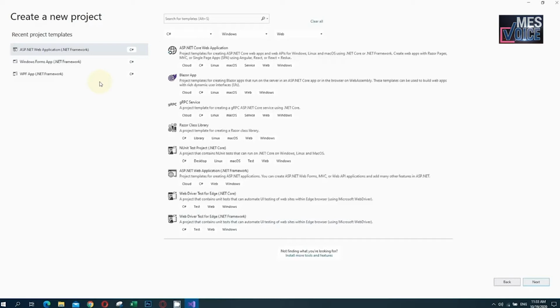Here we are creating a new project. I will select the ASP.NET web application, which is enabled by the .NET framework, and I am going forward by clicking the next button.